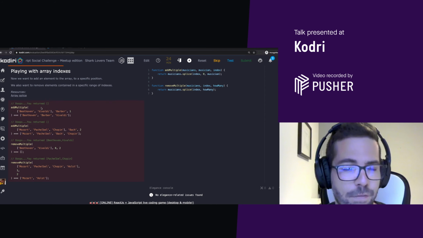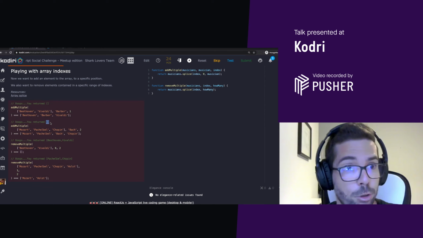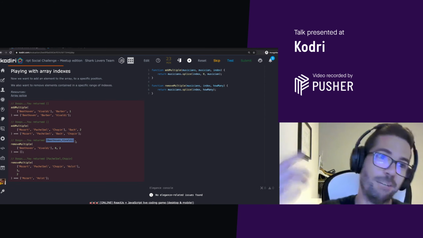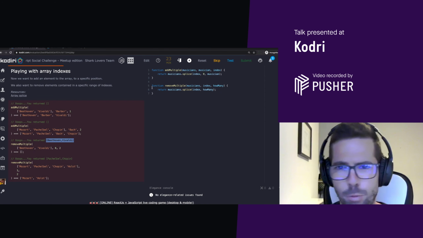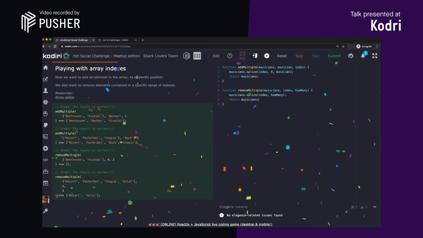Look, in the first use case scenario, it returns an empty array because we remove nothing. Same thing on the second use case scenario. And then look, because on the third use case scenario we remove everything, it will be returning a new array, right? That's not what we want to do. However, we can work around the problem by, first of all, splicing the array and then returning it. If you do that, then technically speaking, that is correct.